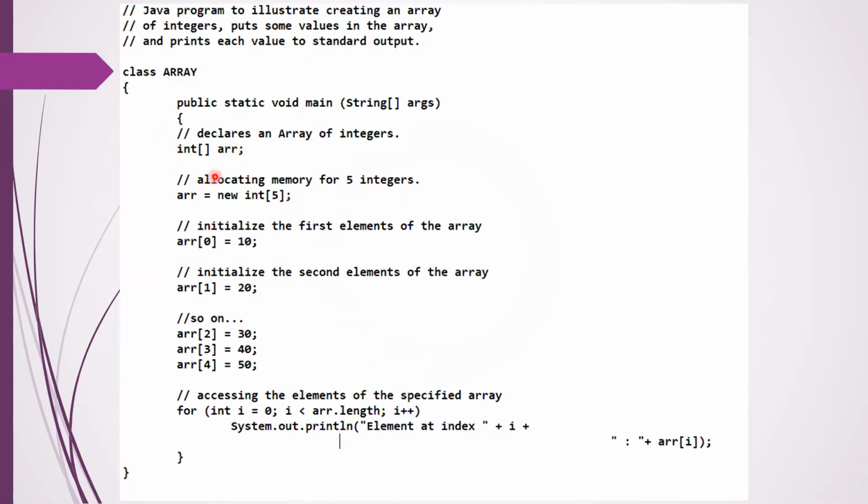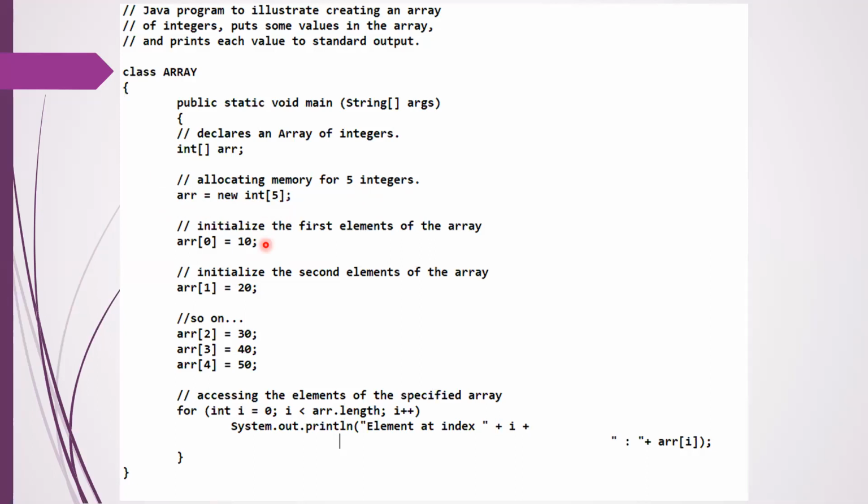Then I have to allocate some memory for the array, based on how many elements I'm going to store, like 5 integers. So ARR, the array name, is equal to new int of 5. When you give it like this, the memory is allocated for the array ARR.